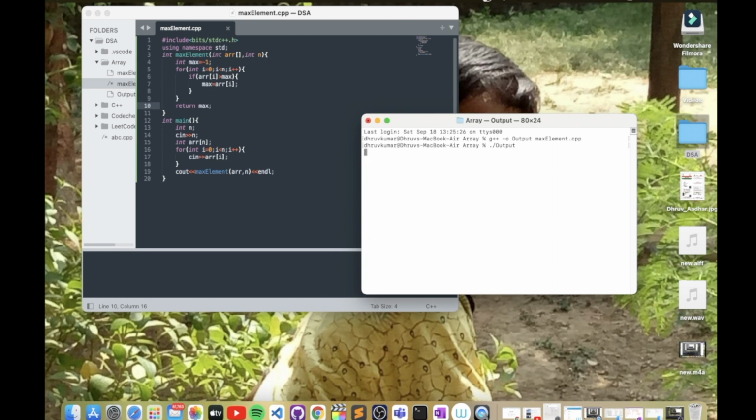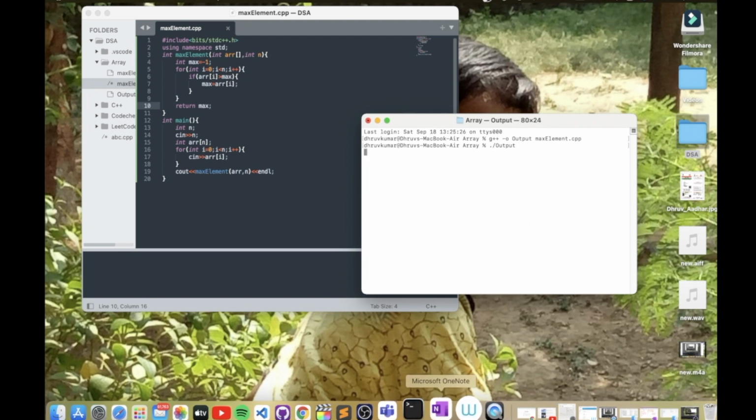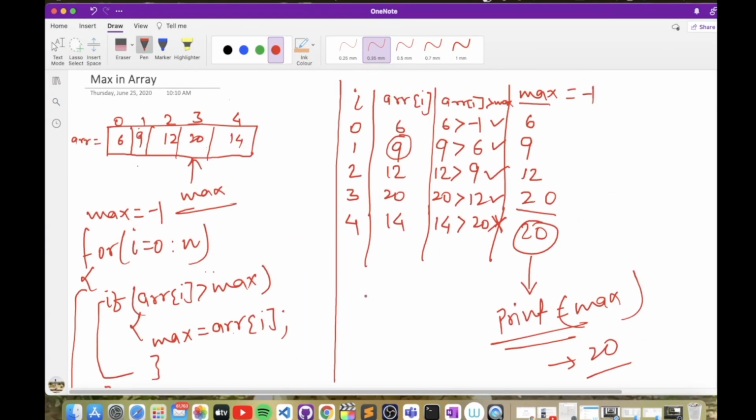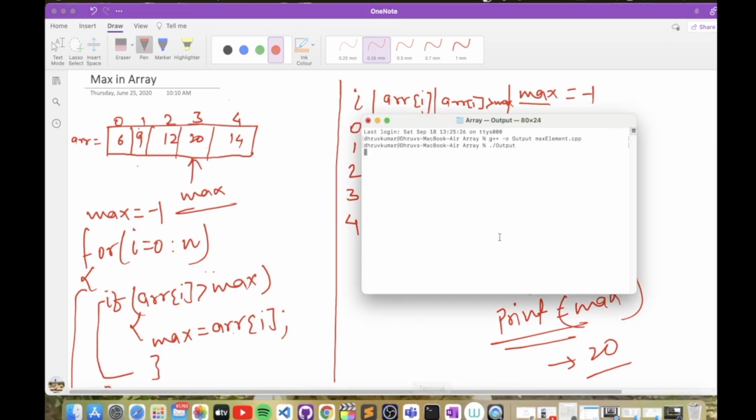What was our input for the explanation? We have 6, 9, 12, 20, 14. So the size of the array would be 5 and the elements are 6, 9, 12, 20 and 14. And what would be our max? Max would be 20. You can see here it's printing 20. So our logic is correct.